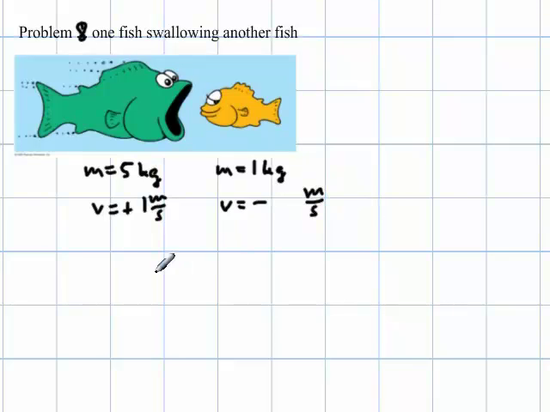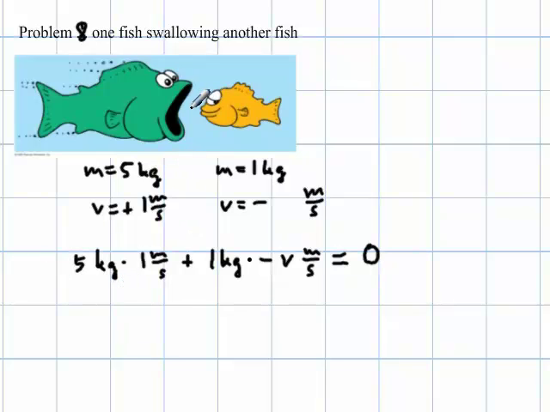The proper way of doing it is to say, okay, the big fish has a momentum of 5 kilograms times a velocity of 1 meter per second, while the little fish has a momentum of 1 kilogram times a velocity of negative something meters per second. And now they collide, and that momentum is being conserved, and that momentum in fact comes out to 0. So after the collision it's going to be 0. Before the collision it's also going to be 0,